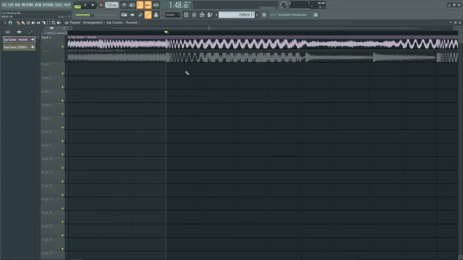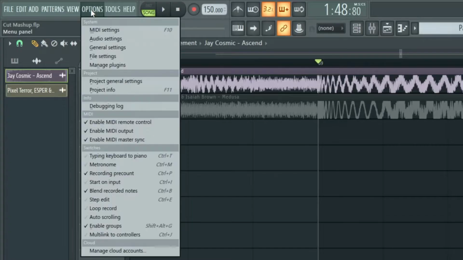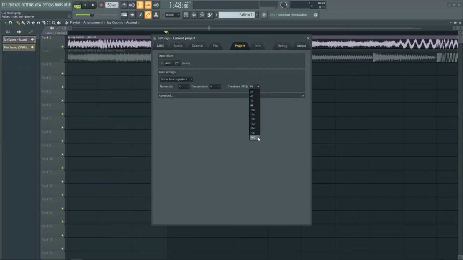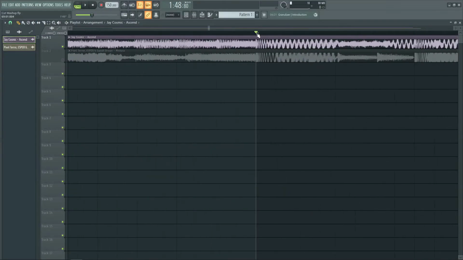depending on how specific and how refined you want to be with these edits. If you go into these options here and you go into Project General Settings, and then you click on this time-based PPQ, if you turn this up, it'll allow you to zoom in a lot more and get much finer edits on the waveform. So let's say I crank this to max. Now I can zoom in